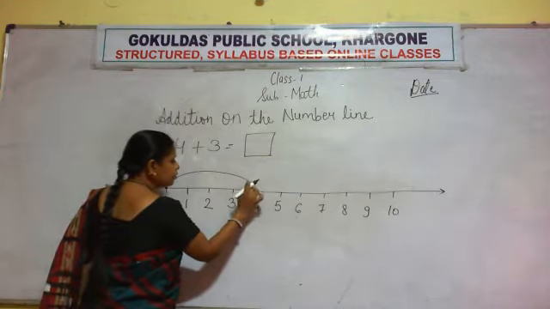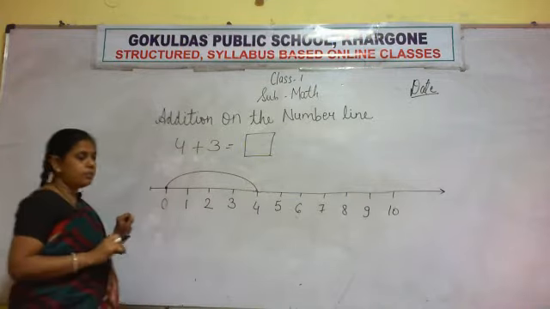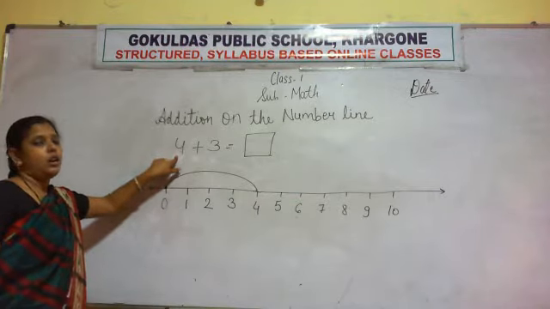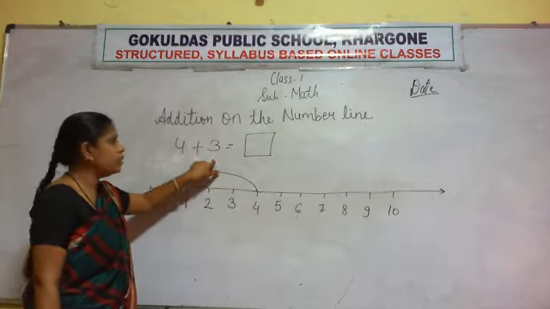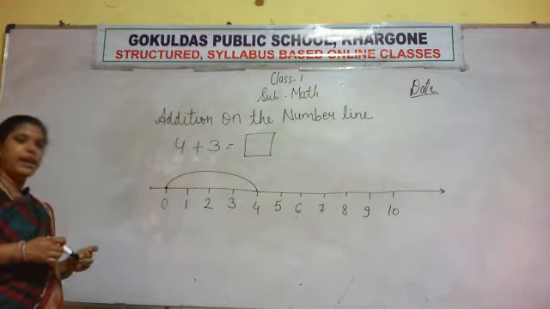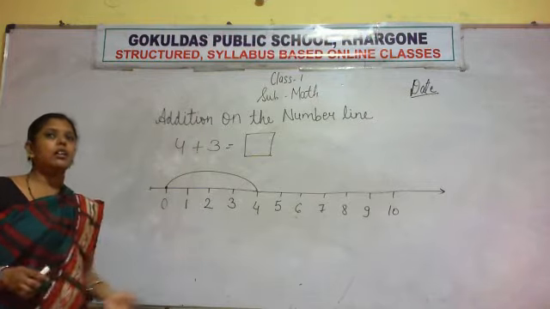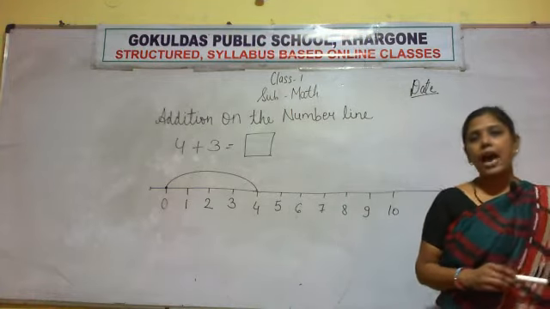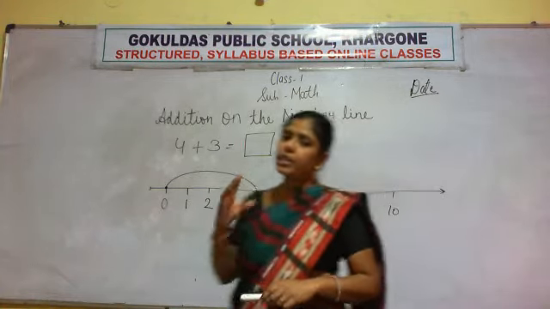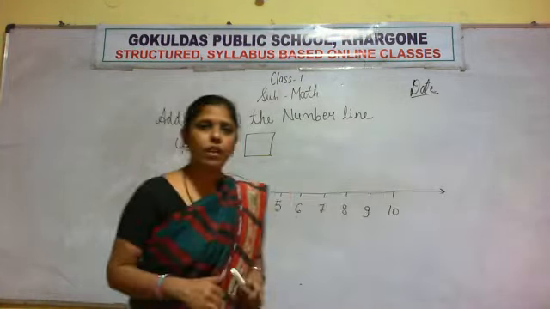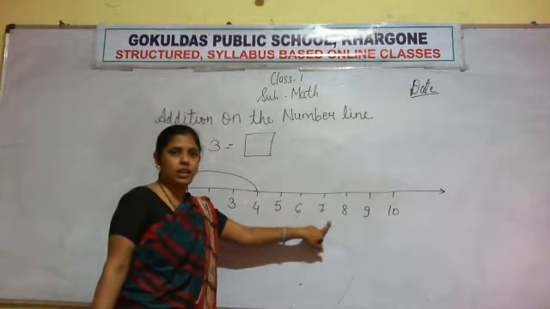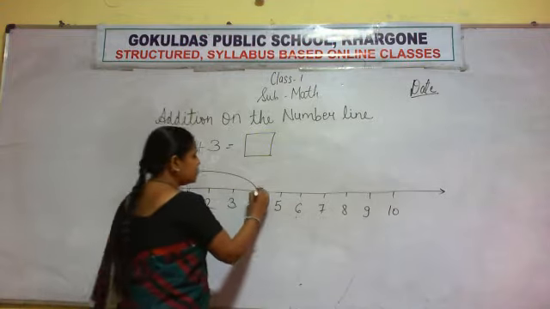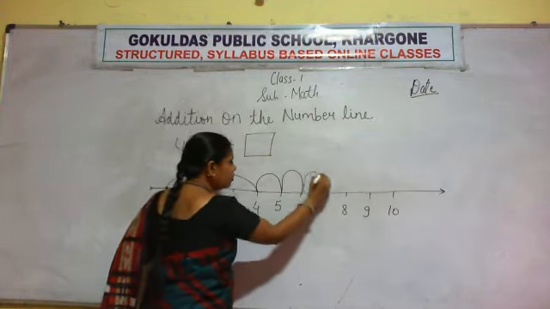Why do we jump here to number 4? अब 0 से 4 पर क्यों आए? Because here the first number given is 4. Now what is the next number? 3. That means now we have to move 3 steps ahead. अब जो next number है उतनी steps हमें आगे की तरफ बढ़ना है. Okay, जैसे हम चलते हैं 1, 2, 3. In this way I walk 3 steps. So in the same way we have to move 3 steps ahead. Ahead means आगे की तरफ, इस तरफ on the number line. So the next number is 3. So move 3 steps. 1, 2, 3.